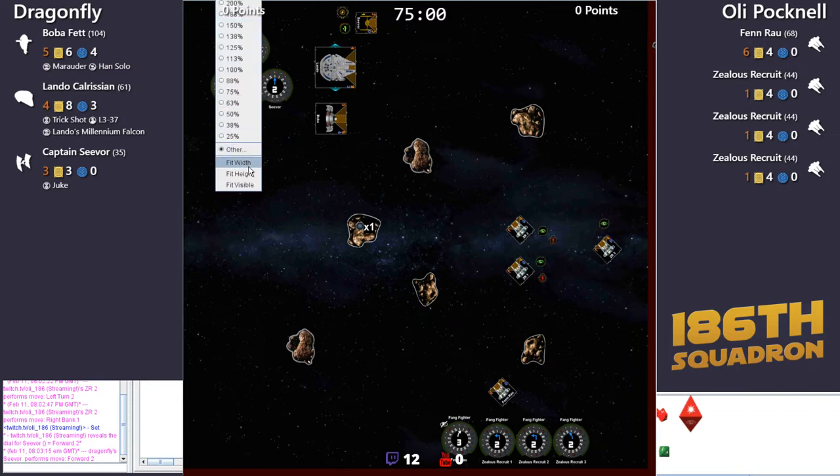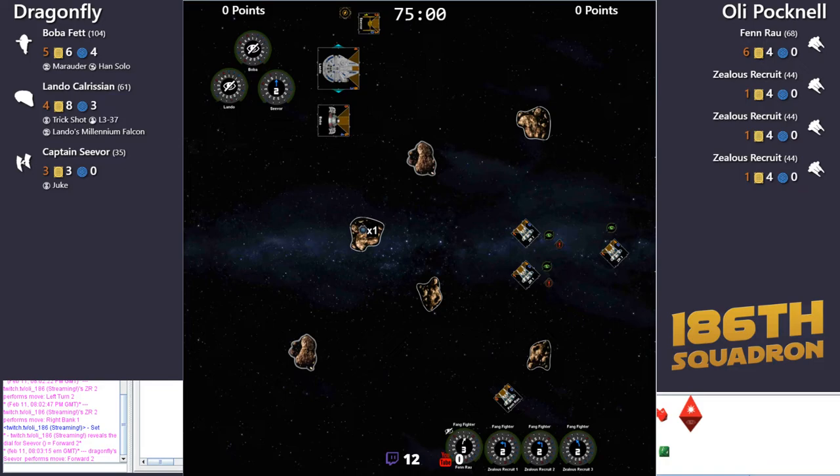Right, let's get the board sized up correctly. See, this is the thing. I've stressed out my Fangs, and he's got Lando's Falcon. Oh, he's slowing him down. That's fun. Okay, fair enough. So either he's blasting straight over the top, or he's trying to crash the Falcon just to slow it. Oh no, he's blasting. Okay, so that's a stress, because...